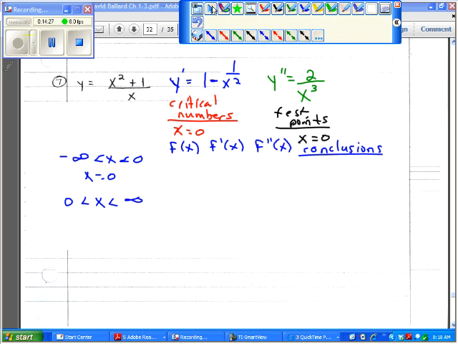Okay. In the first interval, I'm going to choose a -1. In the second interval, I'll choose a +1. If I put a -1 here and square it, or put a -1 here and cube it, then what I'm going to have is a 1 minus a 1/1, which is 1 minus 1 is 0. If I were to choose a negative,